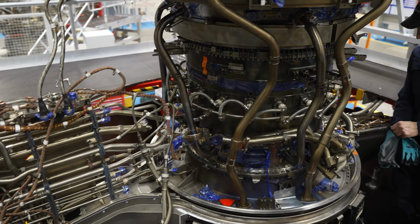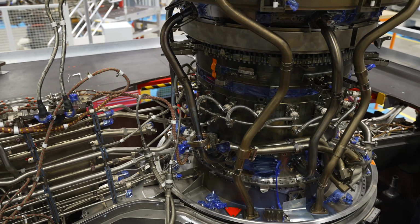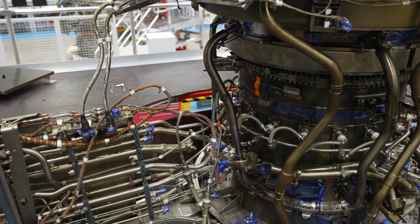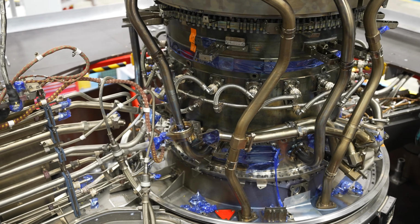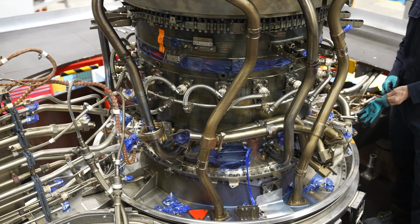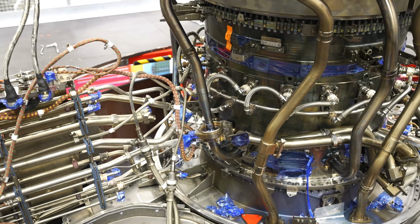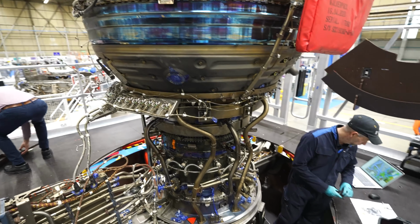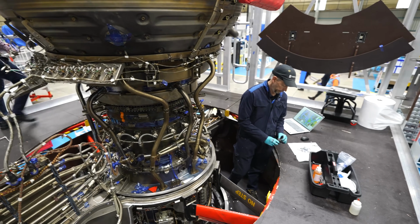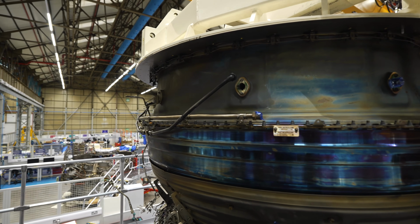You see all this tape and all these blanks. That's to stop any components from dropping down. As either if you're stripping an engine or building an engine, people are holding nuts and bolts in their hands. What you don't want to do is then drop it into open orifices. So that's why you see all these blanks and bits of tape to ensure that you can't get anything into the engine. So you'll see now that they would have had to have broken all these joints to be able to remove the modules. So now before we send it back to test, we're going to have to resit all